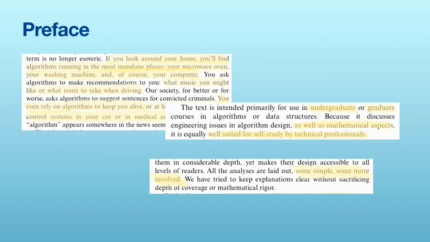This particular term I liked. When they mentioned algorithms, they said some algorithms are simple and some are more involved. They didn't use the word complex. It means those algorithms are not actually complex. They just want you to be more involved, to spend more time on them. When you give more involvement and more time, you will understand. Simple algorithms, you don't need to involve so much, you'll grasp them just by giving a glance. But for complex algorithms, you have to be more involved, you have to give more time. So that's what they mention here.